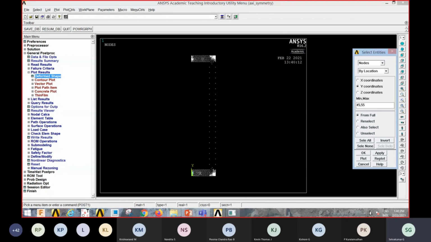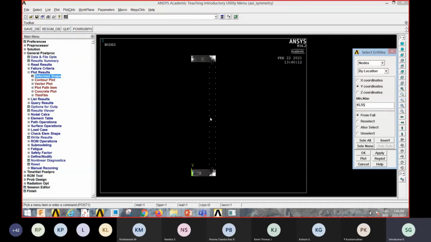Why this value is given is, middle value is y equal to 50. You assume that this is the y equal to 50 line. So I am referring to 5 mm below and 5 mm above. I am focusing my attention only on this middle region. So 45 to 55 means 5 mm below the middle, 5 mm above the middle.